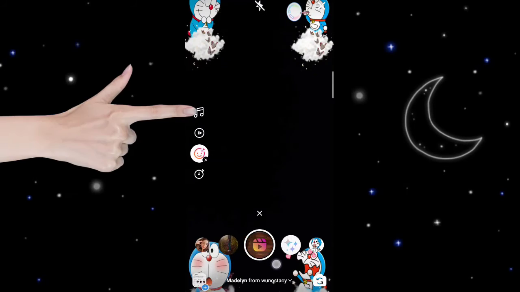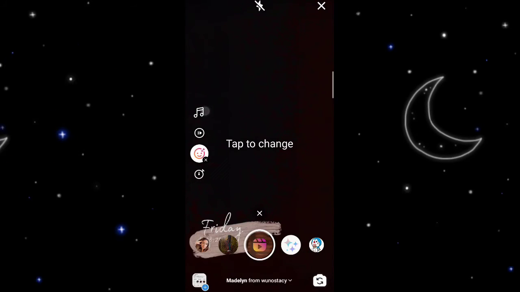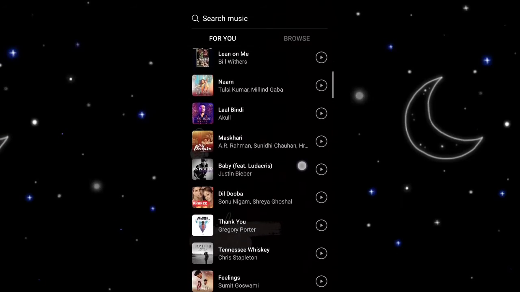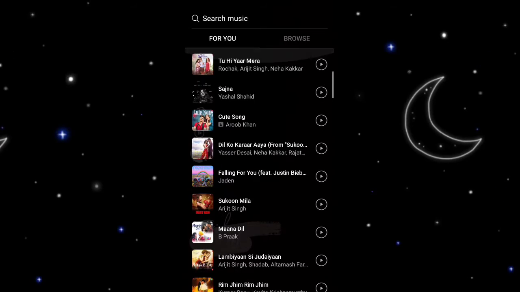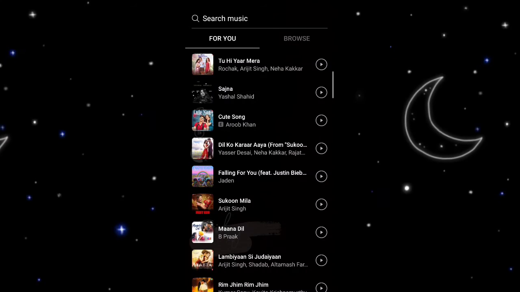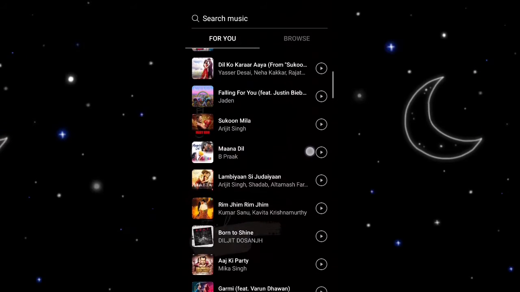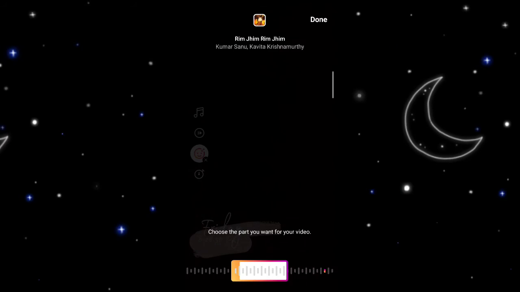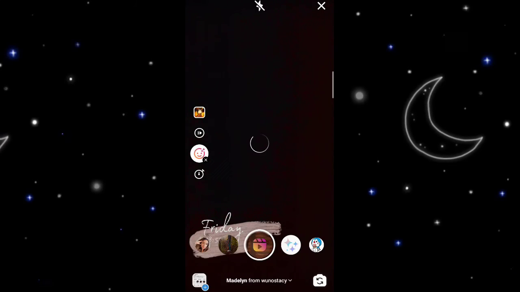Because this particular Doraemon effect comes with a default tone, if you want to change that tone, this is the way you select a particular song. I'll just check one song here, select a song, and show you how you can replace the default song, or if the effect doesn't come with a song, you can also add a particular song there. So here I have shown you how to select a song, and you can do a lip sync of that song, and it looks really beautiful. Now let's see the kind of reel I've made out of Instagram, and enjoy.